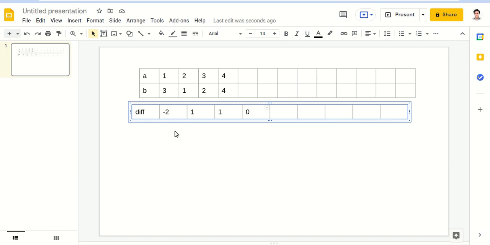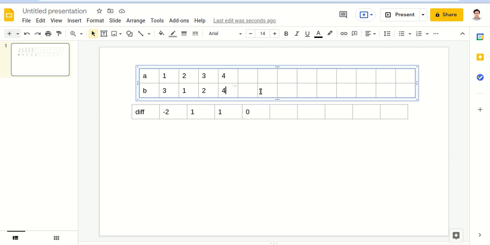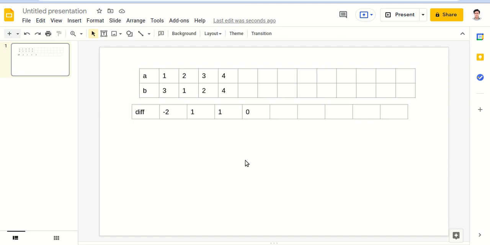Now what else can we do? Just think about it. What we are understanding from this is about the summation of the differences between the two arrays.